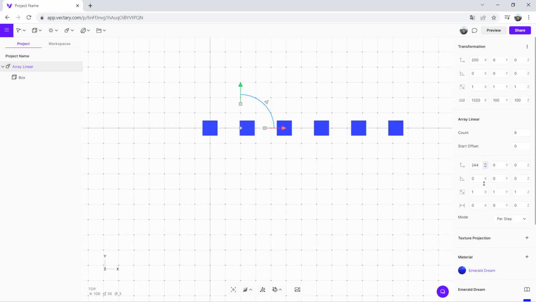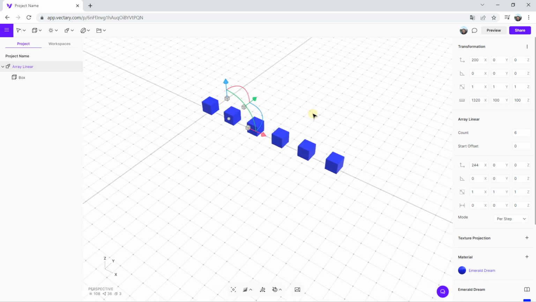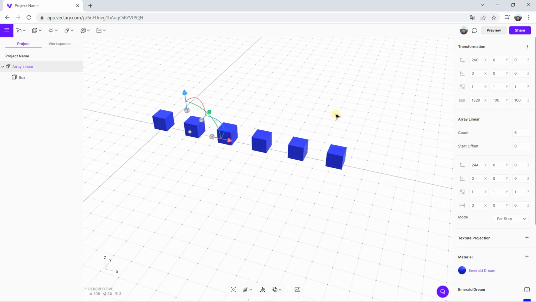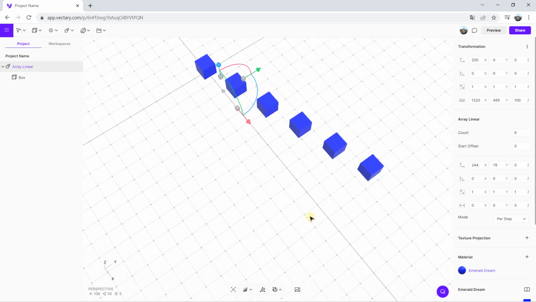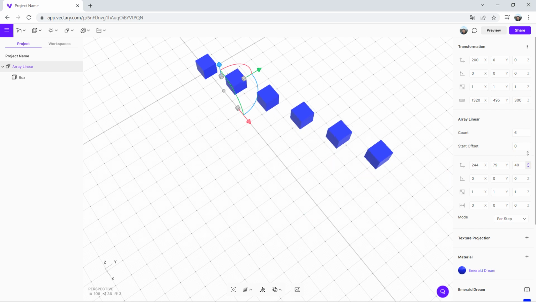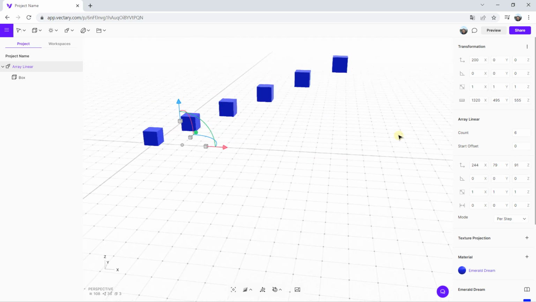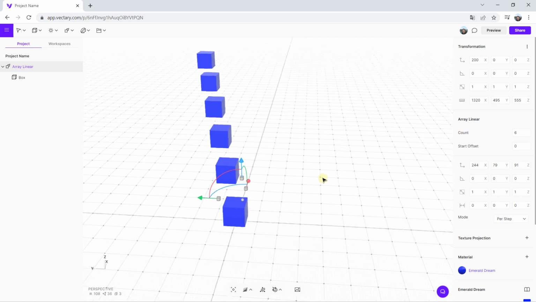And between each cube, I will apply 200 millimeter between the center of this cube and the center of this cube. It is center to center. But so you can create repetition like that, but not only linear like this. So it means you can complete with y-axis and at the same time move on this direction, and you can complete on z-axis and at the same time move on this direction. Take a glance, it is amazing.